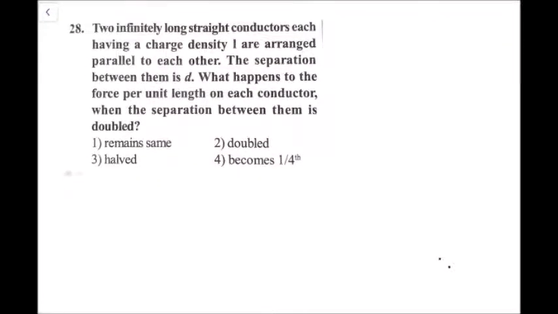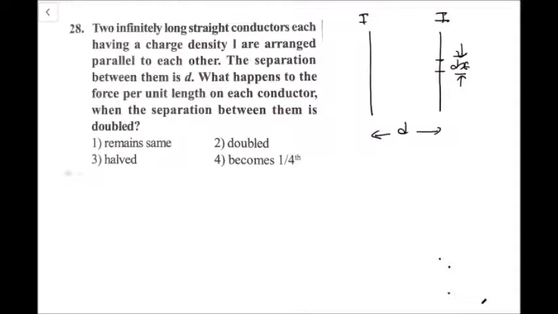In question number 28, two infinitely long straight conductors each having a charge density I are arranged parallel to each other. For example, like this. The separation between them is d. What happens to the force per unit length on each conductor when the separation between them is doubled? First of all, let us find the relation for the force per unit length. For that I will take a small element of length dx,